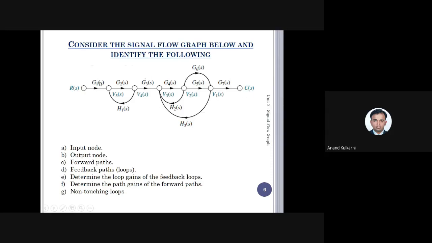So remember, usually the first node and the last node are the input node and the output node. It is not true every time, but usually it is true 99% of the time, so cross verify this. If there are only outgoing signals, then I call it the input node, also called a source node. If there are only incoming signals, no outgoing signals, then it is called a sink, also called an output node. So in this condition, if I put a number, this number 1 is called the input node, and this 7th is called the output node. Is it clear? Any doubts?